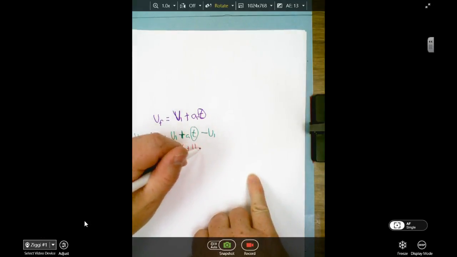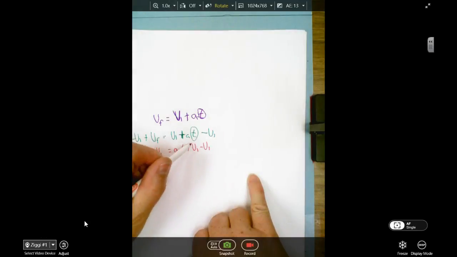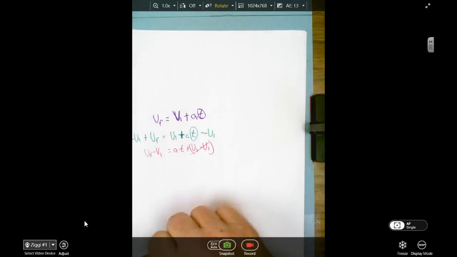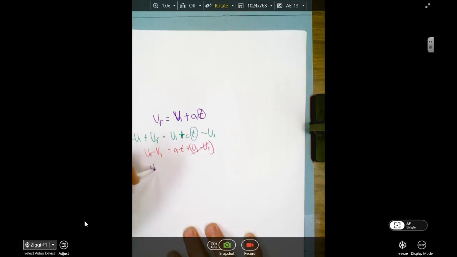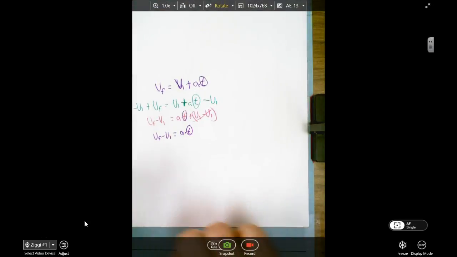plus velocity initial minus velocity initial. Well, these guys are going to cancel out. So my final result is velocity final minus velocity initial equals A multiplied by T. And once again, I'm reminding myself that I am keeping T there. There's no math reason to circle the T. That's just to help you keep track of this. So when this is done, I have these two multiplied by each other. So once again, just drag this out. And I'm sure some of you are thinking I'm dragging this out way too much, but